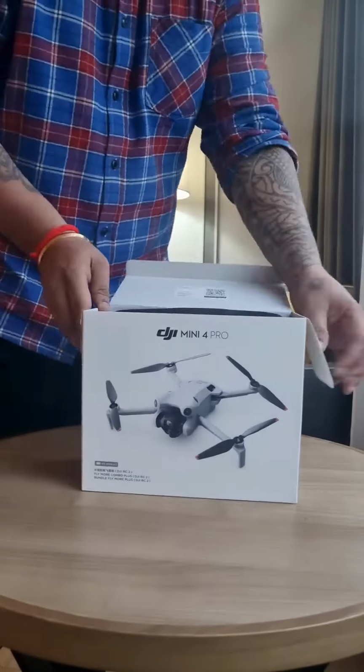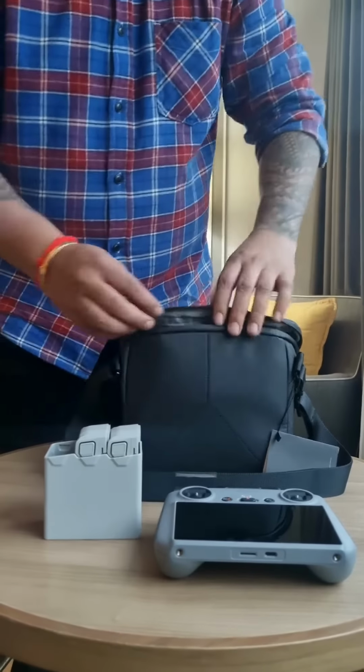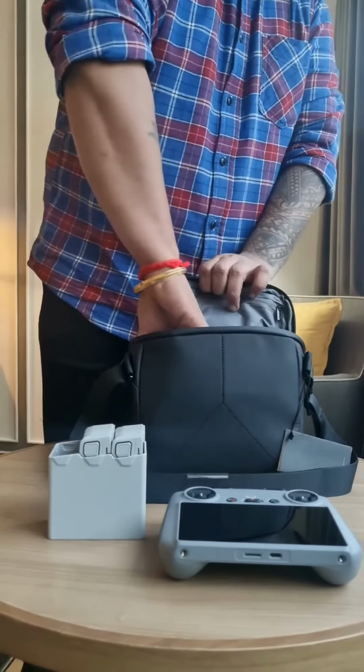Part 2. Where did I buy it from and how much did it cost me? I bought it from Japan, at a store called Big Camera in Osaka. The price? Around 80,000 rupees, which is a sweet deal compared to what you'd pay in India or even in